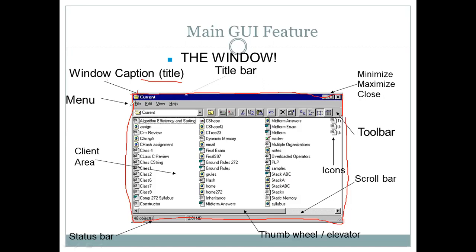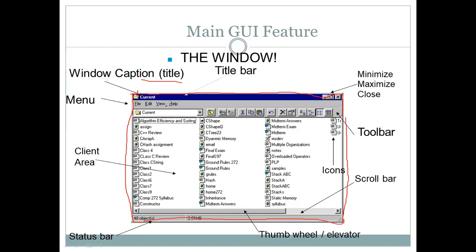Similarly, just below that we have toolbars like file, edit, view, help. This is called menu bar, where you will have different options to interact with the system, or interact with the computer.